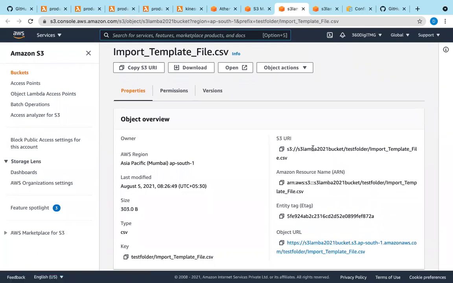So we have to give the S3 URI. Since this is a .csv file, it has to be converted into table form, the same way it converted the CloudTrail logs.